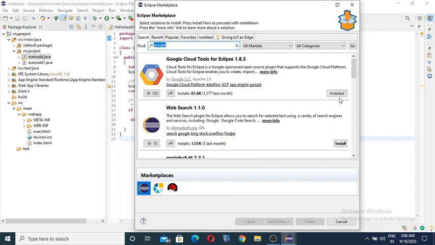I already installed it, that's why it shows installed. Those who want to install that one, you can install here. After installation completes you have to finish, and then accept it, select all, agree, and then the SDK cloud icon will appear.